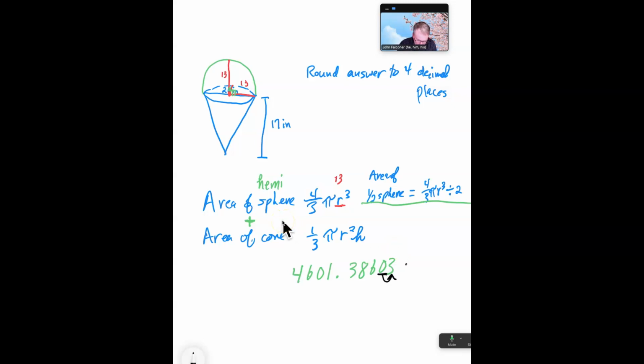And rounded, this number would be 4,601 and 3,860 10,000ths. So that 0 stays there. So this is the volume of the hemisphere. So volume of the top, 4,601.3860 cubic inches. Now we need to calculate the volume of the cone, which 17 inches is like 1.5 feet,